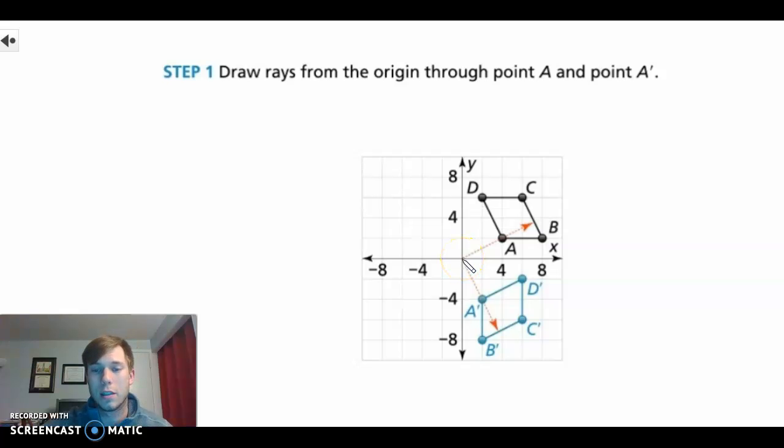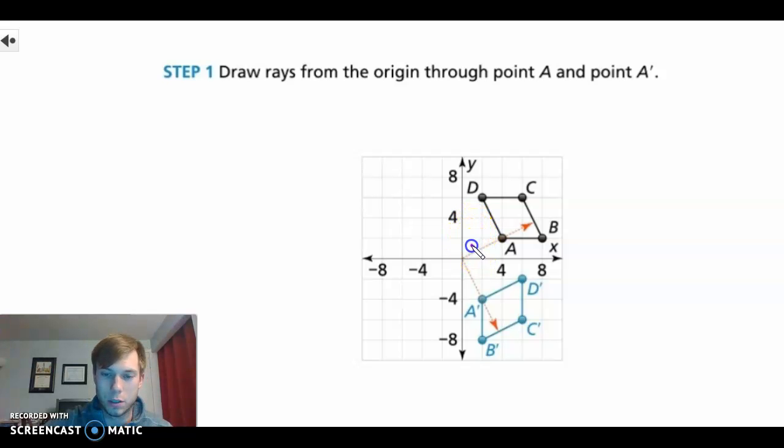So in this case, they choose A and A prime. I always recommend to choose the one that's closest to the origin. That way you don't get it all confused with the other lines. So they draw a ray to A and a ray to A prime. Now, since we're rotating